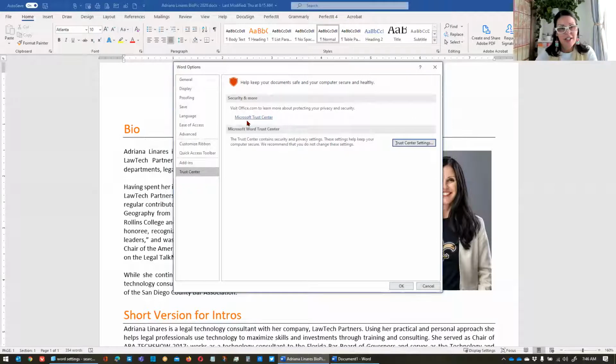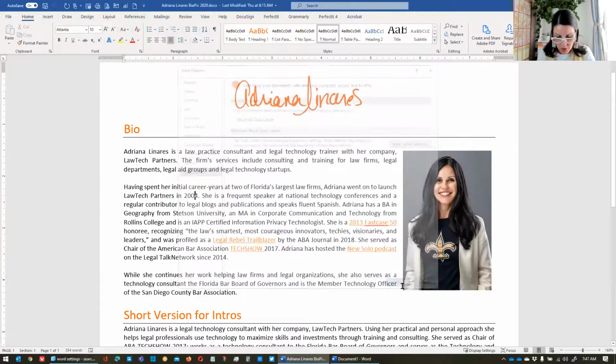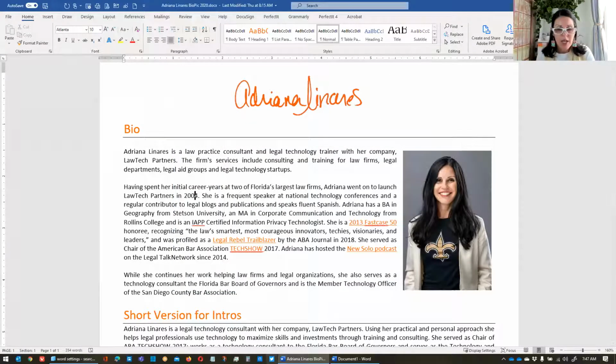All right, so like I said, there are a ton of other settings in here that are really important, but we're going to go out to the document now so I can show you a couple more things. I want to talk real quick about setting default font. This is obviously something that everyone struggles with until you figure out how Word works.